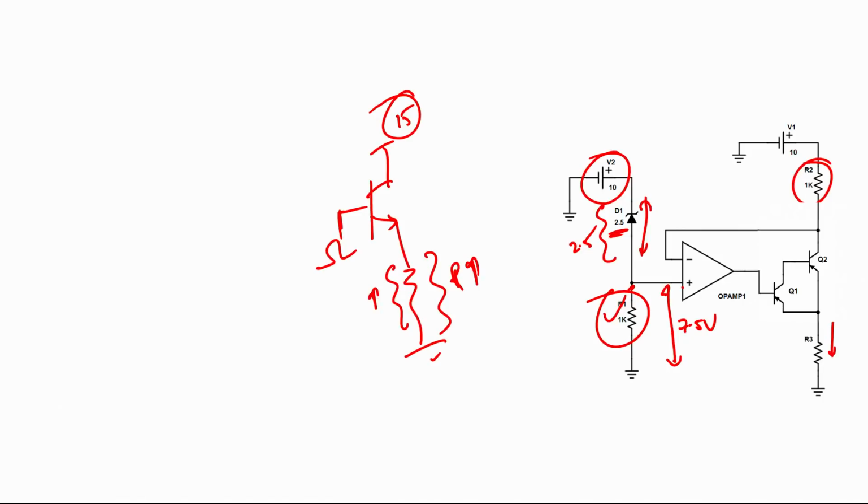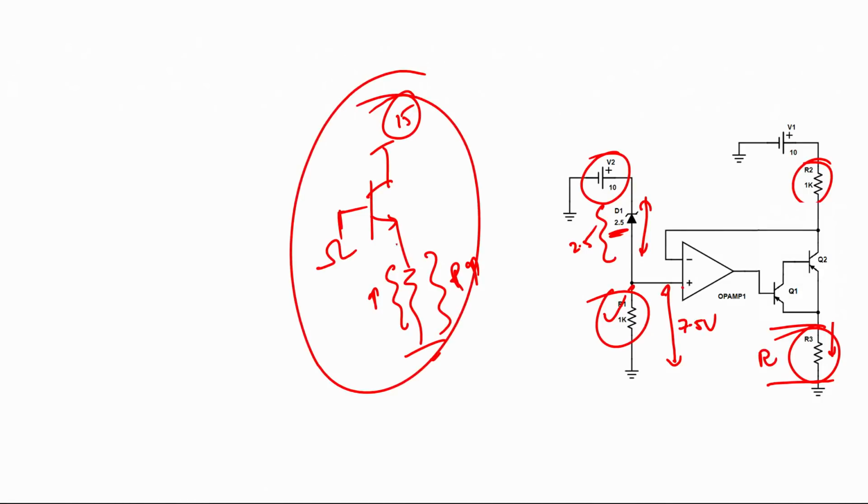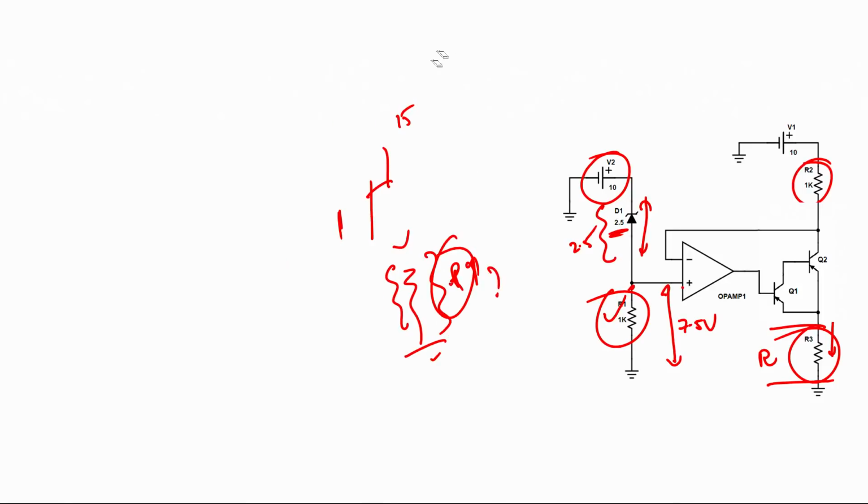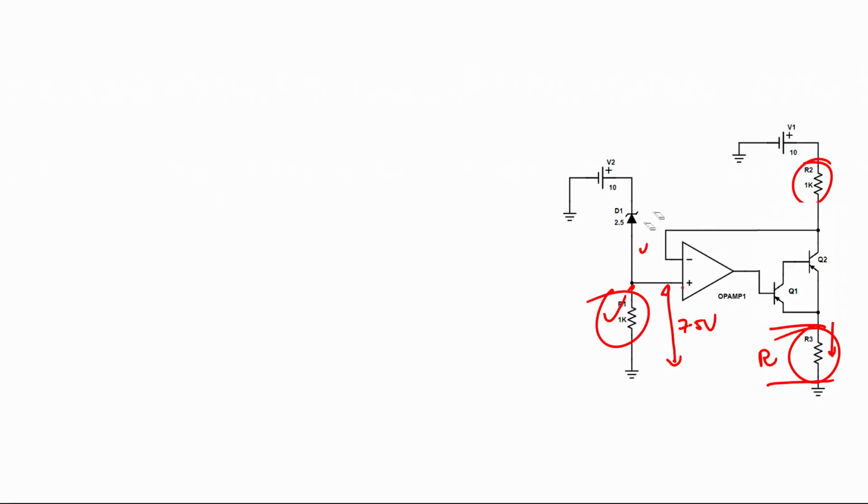But in this case, we have to find the unknown resistance value. If I know the current flowing through the circuit and I measure the voltage drop across this particular circuit, it is very easy to realize the resistance value. For that we require a constant current, but if you go with this method, you cannot guarantee the current flowing through it, since that entirely depends upon the resistance. So in order to maintain a constant current across the collector as well as the emitter of the transistor, we are using negative feedback by using an op amp.